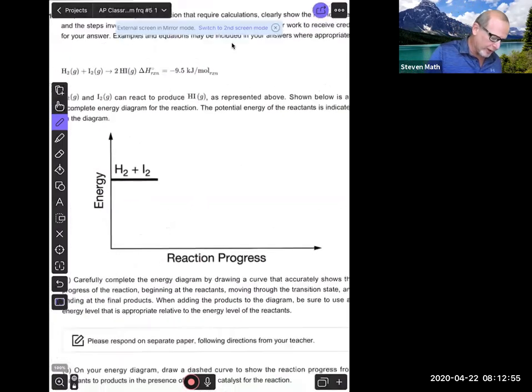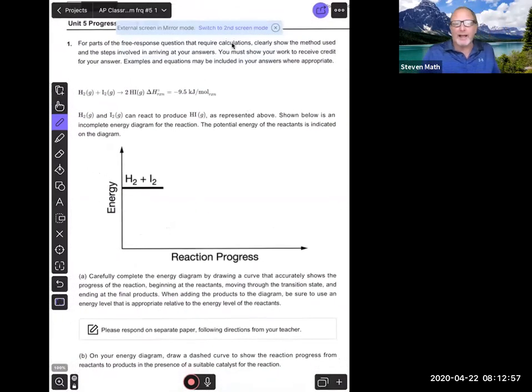So this first one starts out and it's got the HI equation. And I say the HI equation, remember, because H2 plus I2 gives us HI. And when you see that equation, that should kind of be a nudge for you. Hey, you're probably going to be doing something with rates, because that is the quintessential rates equation or rates question. So we've got a reaction coordinate and it says H2 and I2 react to produce